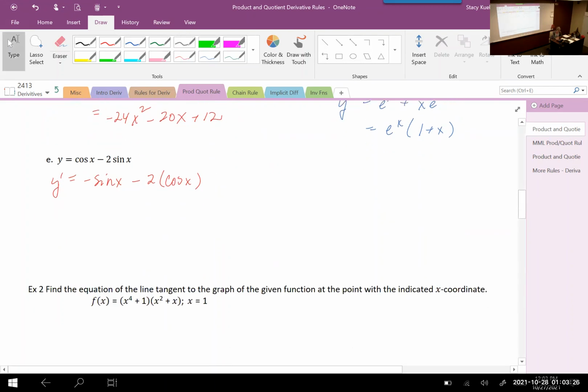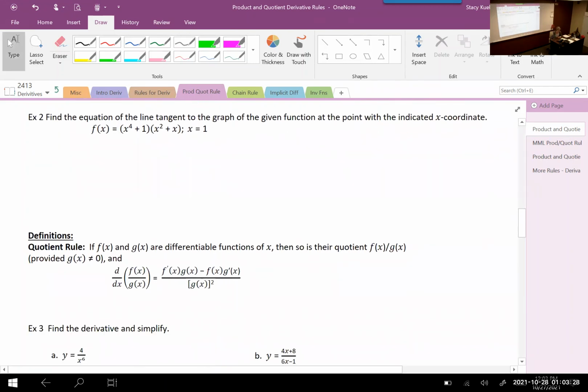All right, let's look at another one down here. Find the equation of the line tangent to the graph of the given function at the indicated point. So similar to what we were looking at before. So if we want to apply the product rule here, I'm going to let